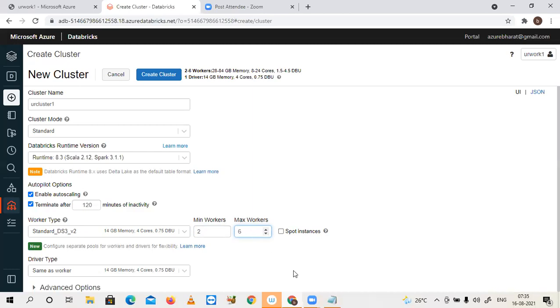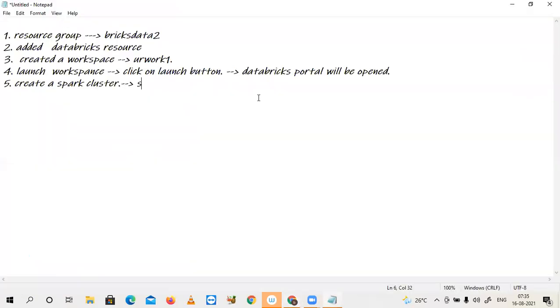What is the meaning of 2 to 6? Auto scaling 2 to 6. Suppose here I have selected standard and enabled the auto scaling feature. In the auto scaling, I specified the worker nodes as 2 to 6.